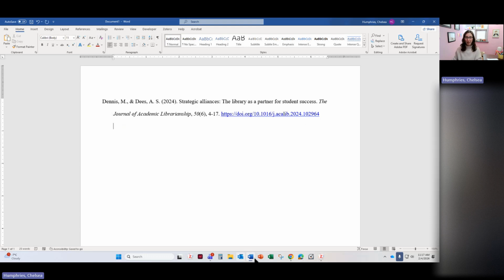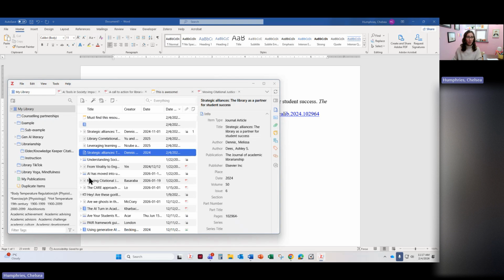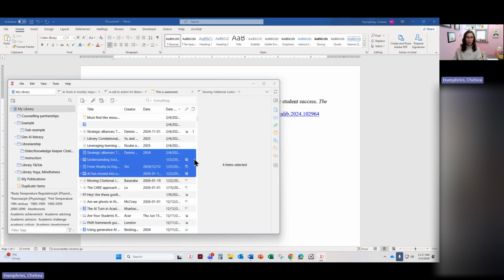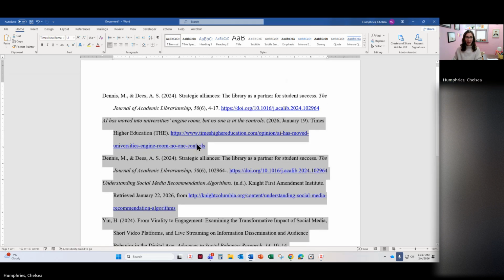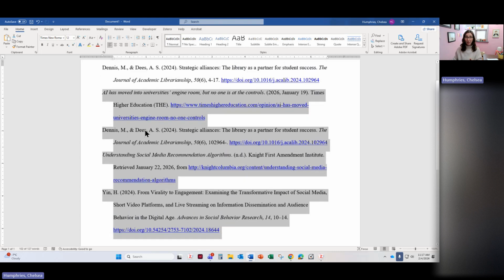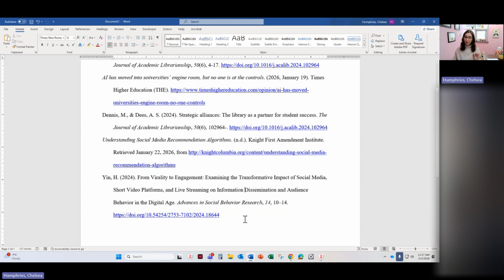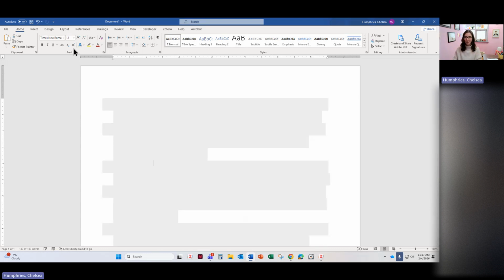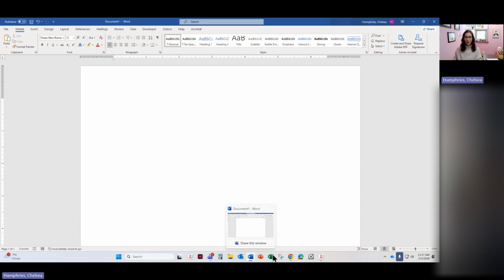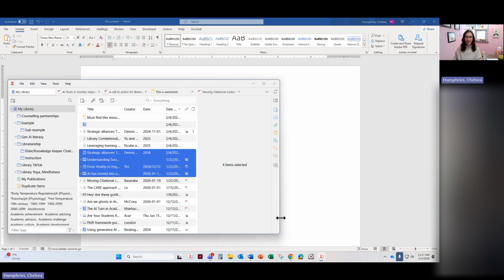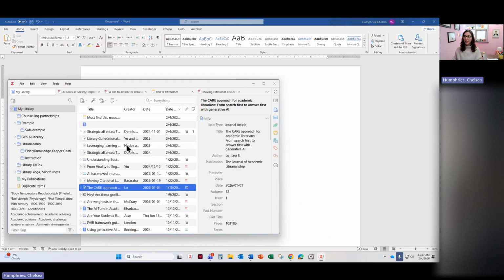You can do that with multiple items. You can select a few, drag and drop. And when you drag and drop a bunch, notice it put them in alphabetical order. That's also standard for citations. It makes your job a lot easier. You do have to proofread it, make sure that it's accurate, fix any mistakes that you see, but it is kind of magical. Again, if you wanted to drag and drop an in-text citation,